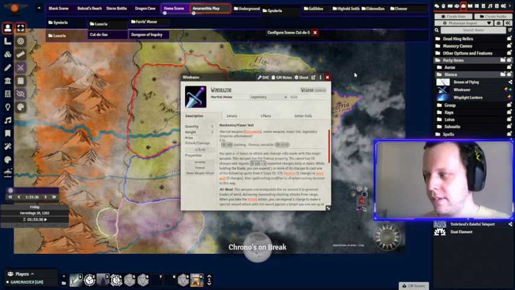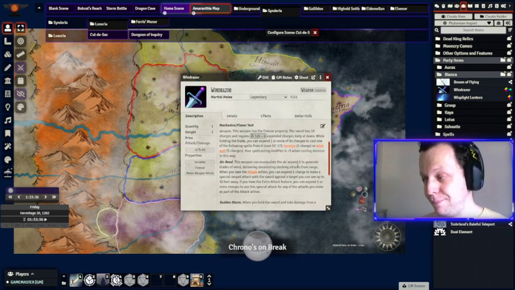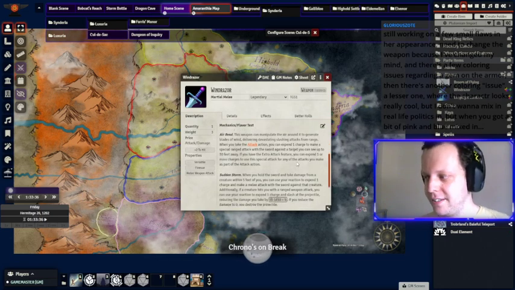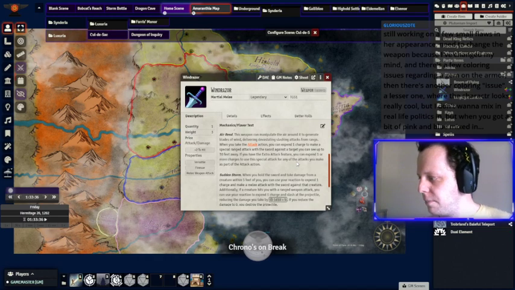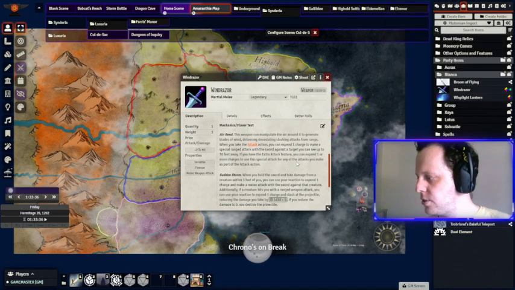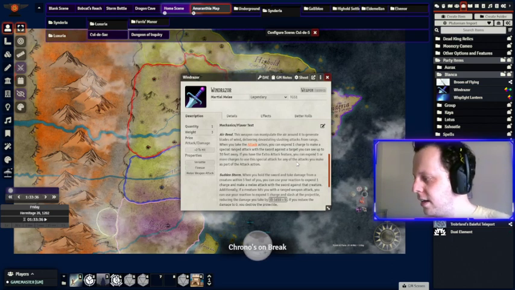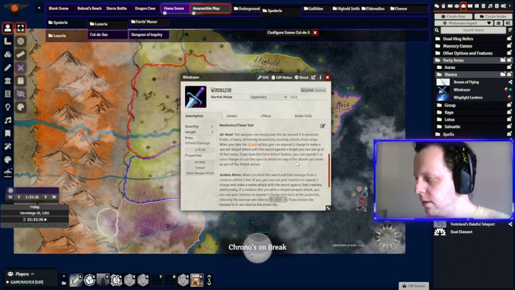But this is the weapon that my fighter player character got, that her sword transformed into. Still working on a few small flaws in her appearance. Need to change the weapon because you've changed your mind. And there's a few coloring issues regarding a gem on the armor. Then there's another coloring issue, a lesser one, where the character looks really cool, but I don't want to mix